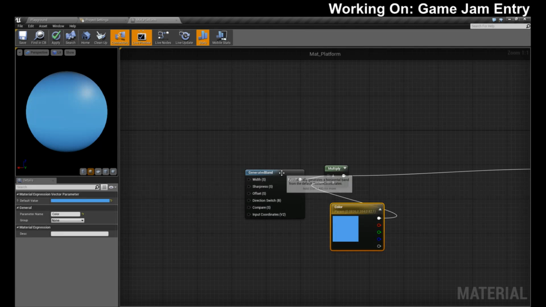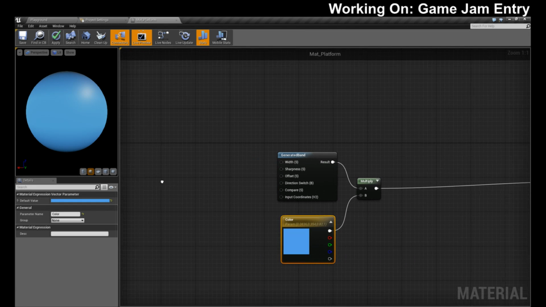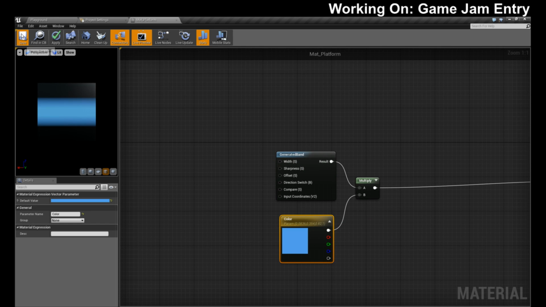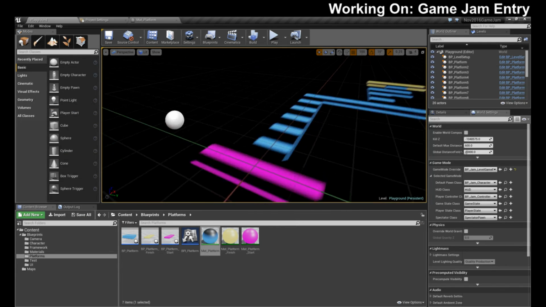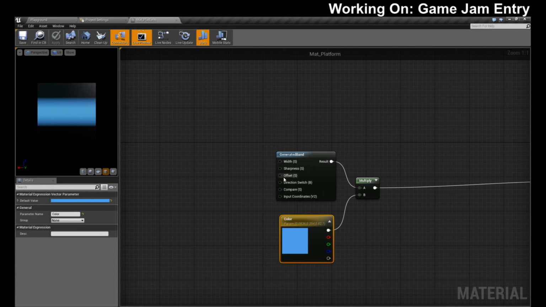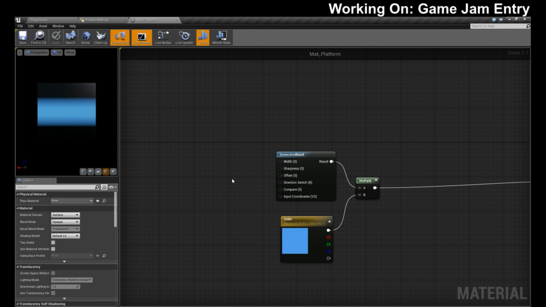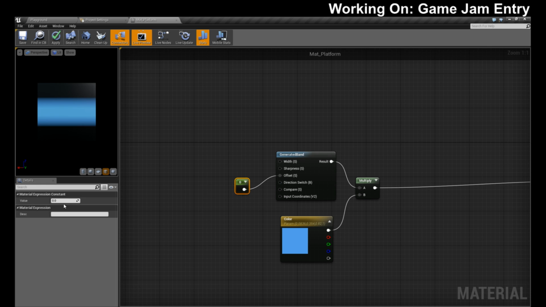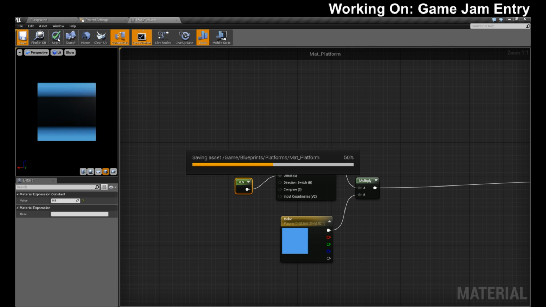Obviously color. There we go. Let's see, so the offset is going to be, let's do 0.5 for offset. That should give me that.